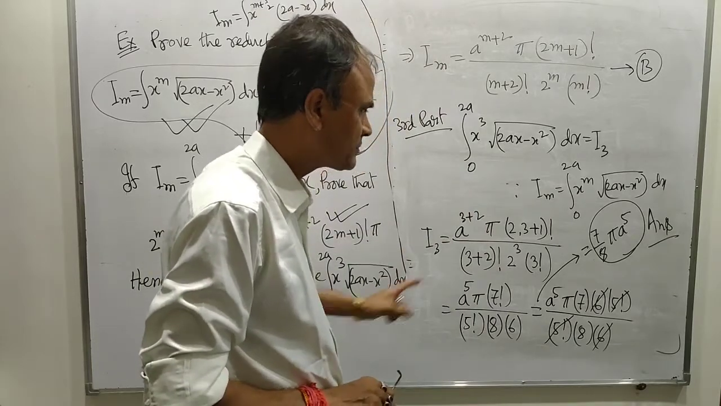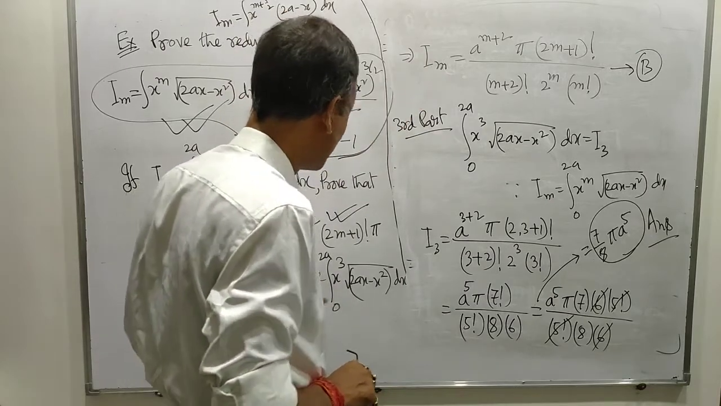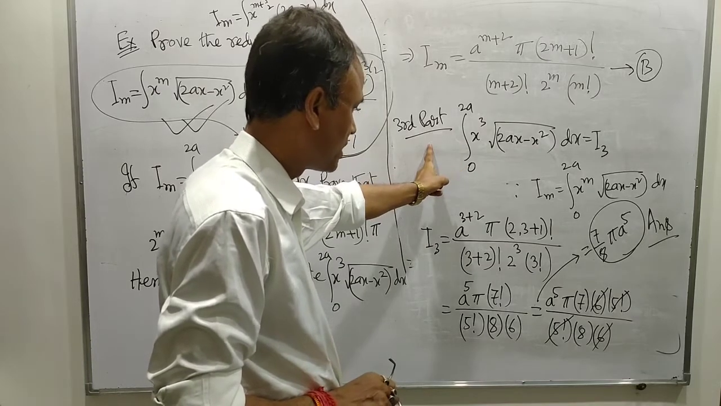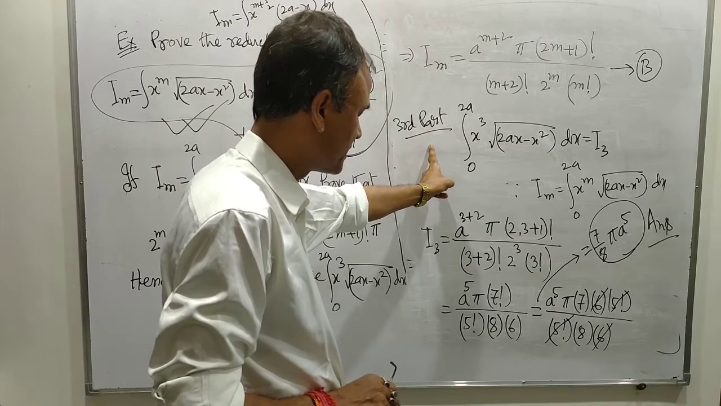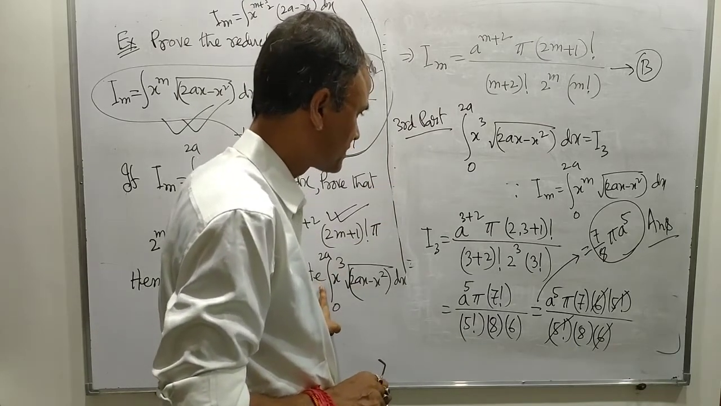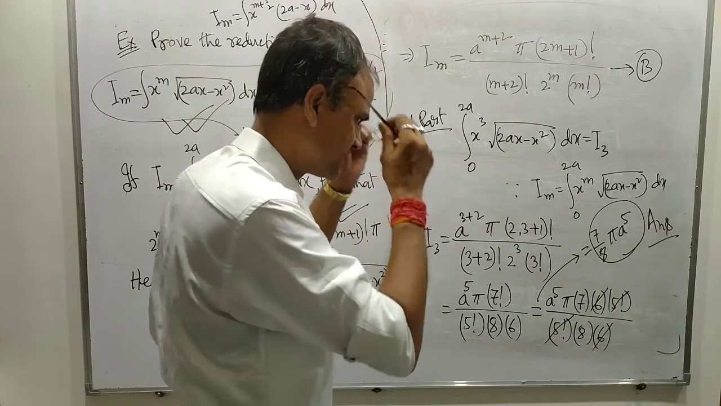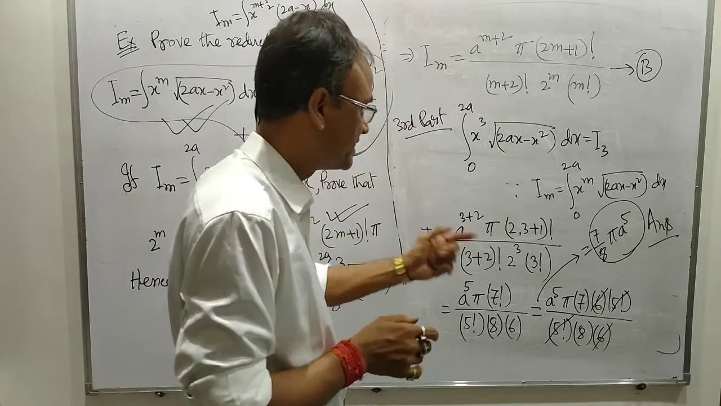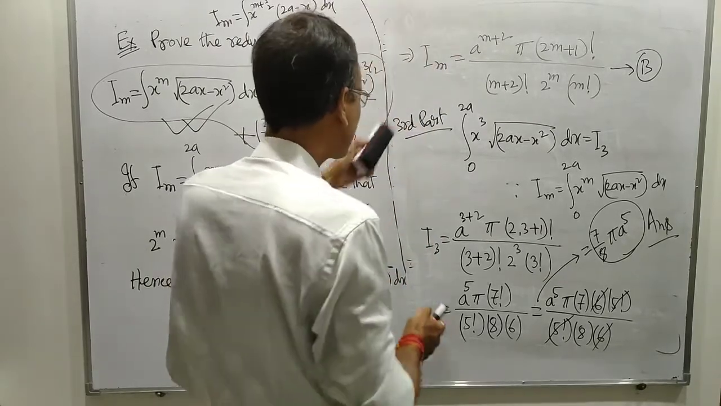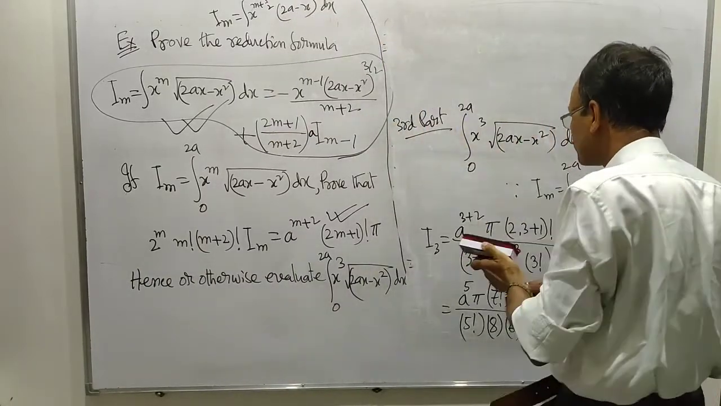Now, applying this, we have found that the answer of the third part is equal to 7 by 8 pi a to the power 5. This is the answer. Now, alternatively, hence or otherwise, alternatively,